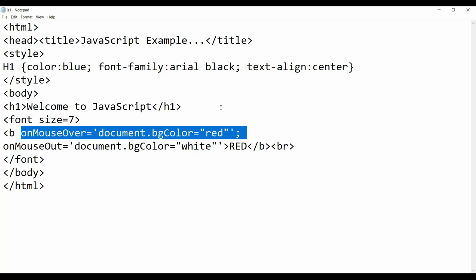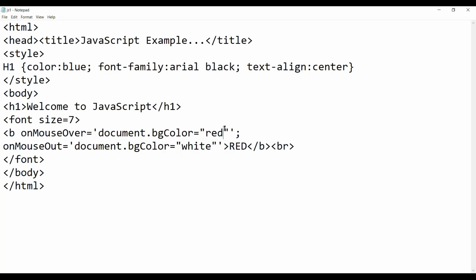Again, in bgColor, C is capital, and observe the spelling of color too, it is the American spelling without the U. At the end you see these inverted commas. The double inverted comma ends the one of red, and the single inverted comma is the one we started here. So remember, it's not three inverted commas, it is a double inverted comma and then a single inverted comma. Semicolon, because we want to write one more statement.